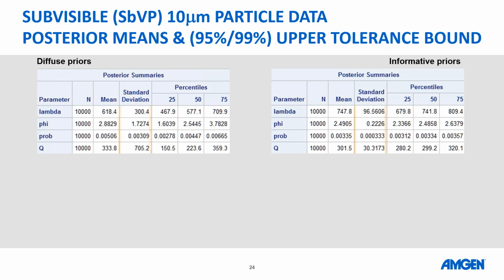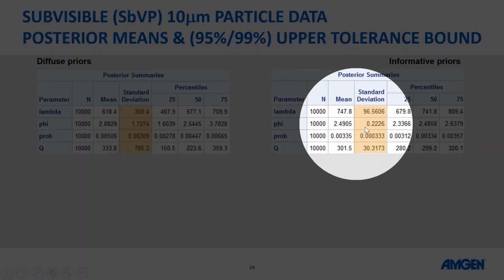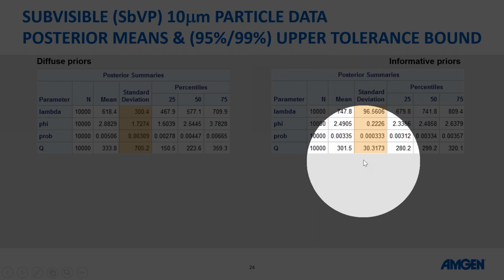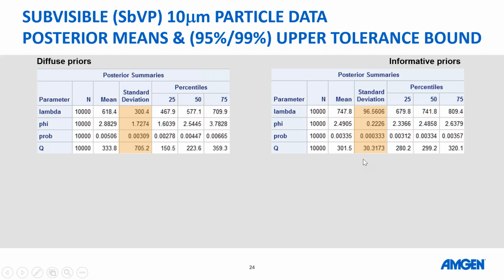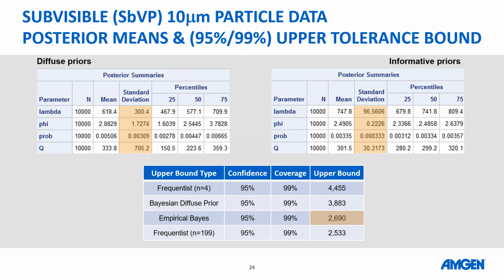But one thing that we want to bring to your attention is the standard deviations. Notice how they decrease when you use an informative prior. So that's the, you know, Fang used the word, we're informing this data set, these 4 observations, with the information in 199, and that helps to improve the precision of the estimates. And that in turn is going to help with the upper bound, because the upper bound is a function of the variation in those parameters. So if you look at the upper bound that we get with the empirical Bayes, it's about 2,700. Yeah, and we'll talk a little more about this when we compare it with the hierarchical model.